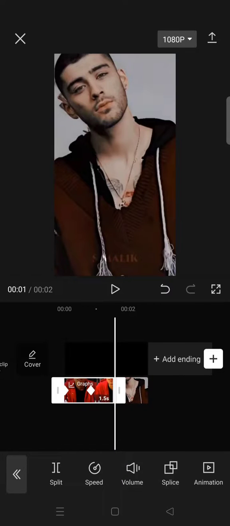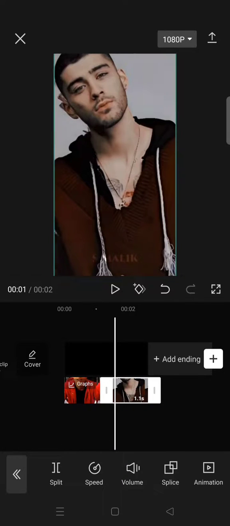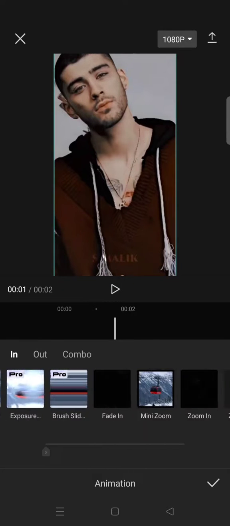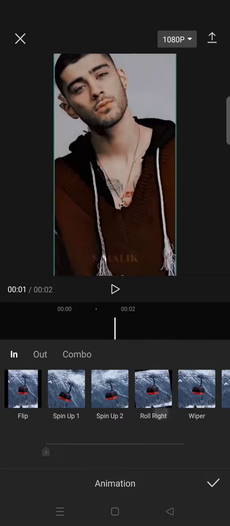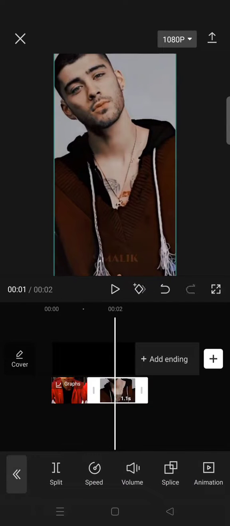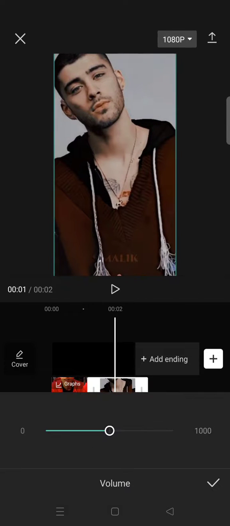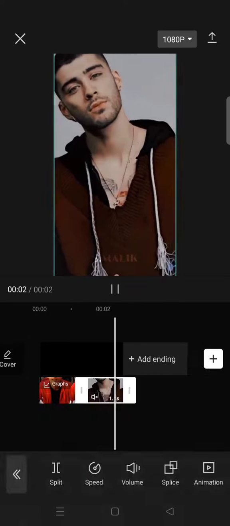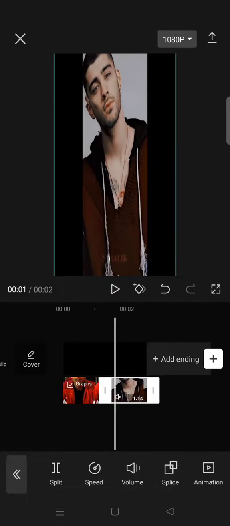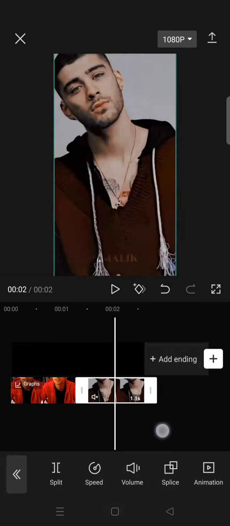And then on the second overlay, click on that, go to animations and then choose the flip, this one. Click on the check icon. I'm going to mute the video first, and then after that, add a keyframe before the end of the overlay, okay, in this, and then after that,